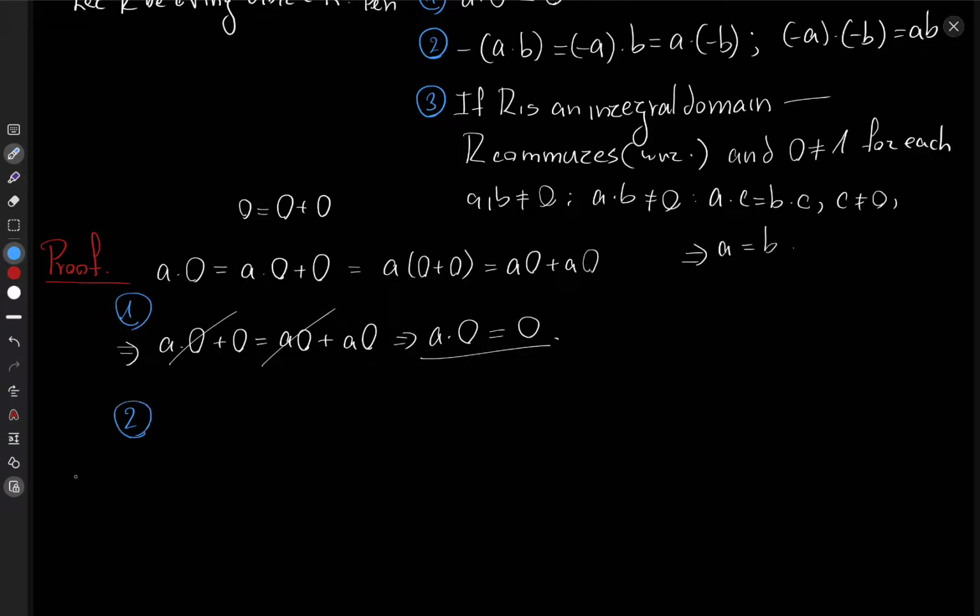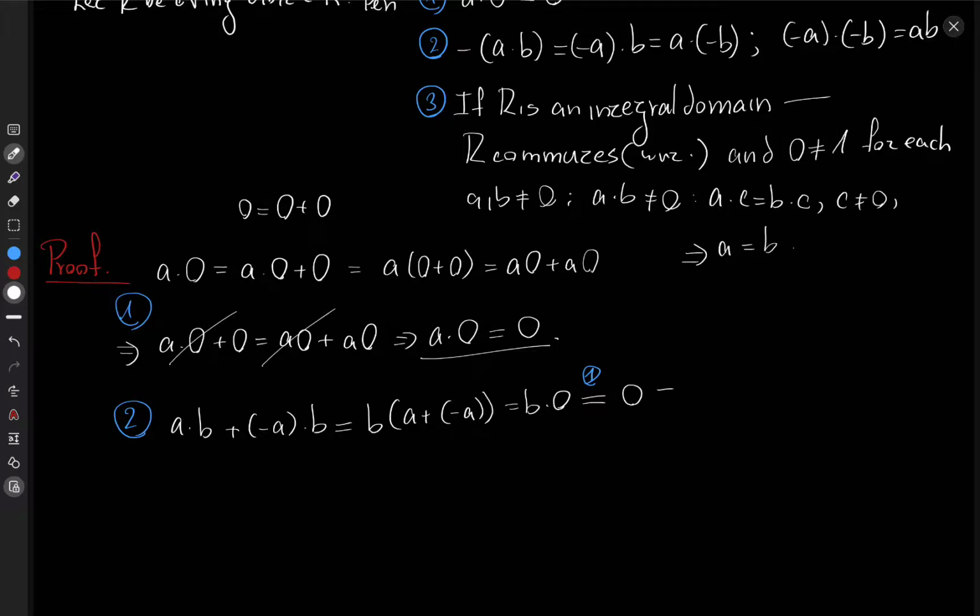Number 2. Now, this is also quite easy. So, we have A times B plus the inverse element of A times B. Right. This is a fair expression, but what we can do, we can factor out the B, and now we get A plus the additive inverse of A, but this is then B times 0, and we have already established up here in number 1 that this